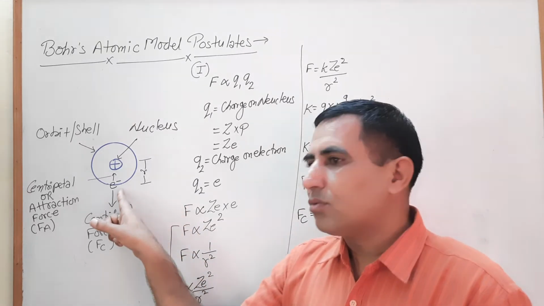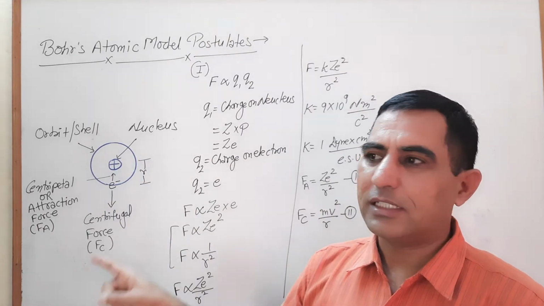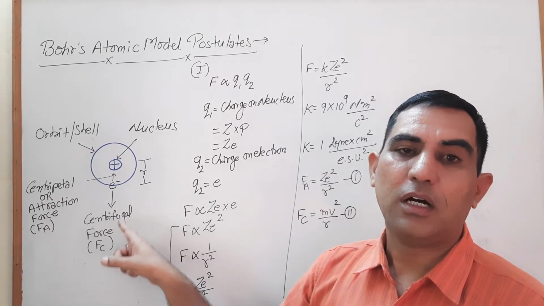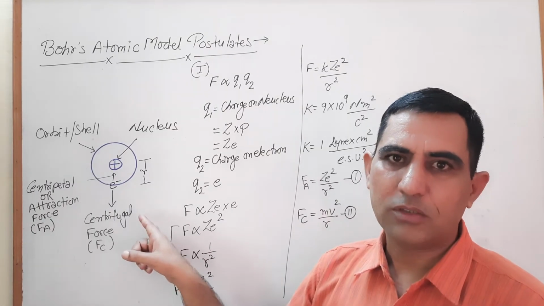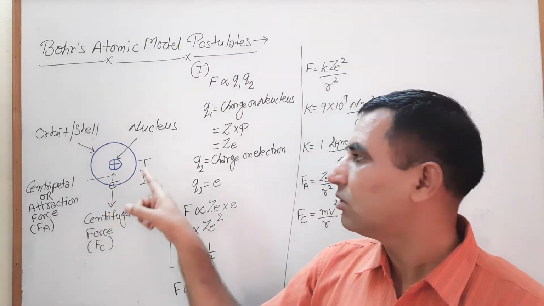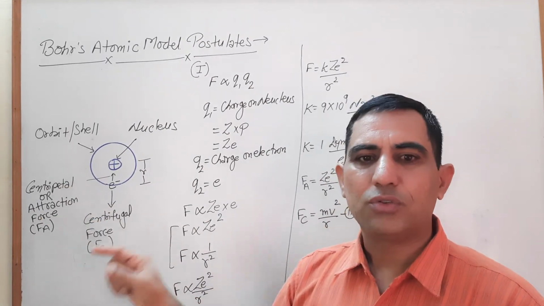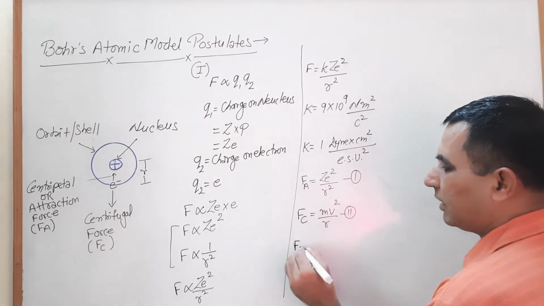For a continuous movement of an electron in the same shell or orbit, it is necessary that both these forces are the same in magnitude, and they are opposite to each other. So there is a game of tug of war going on there. For the electron to move in this orbit, the magnitude of these two forces should be the same or equal. So we can write this equation.